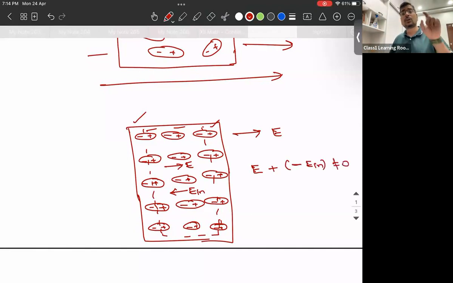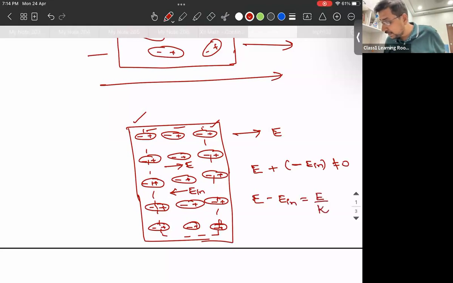Means this value is not equal to 0, like how it happens within a conductor. Within a conductor, it is a hollow space, whereas here you have other charge carriers which are actually blocking them. So E minus E induced will not be equal to 0. Rather, E minus E induced is going to be equal to E divided by kappa, where this kappa is called the